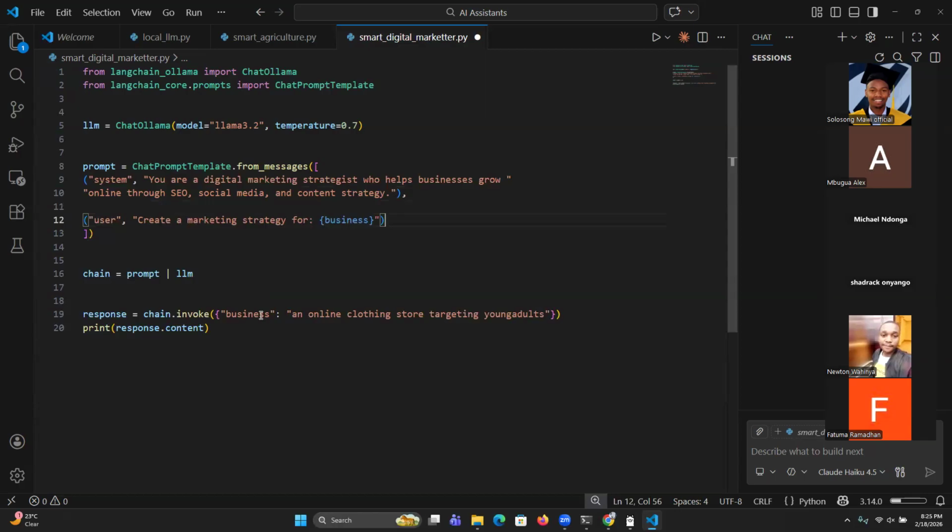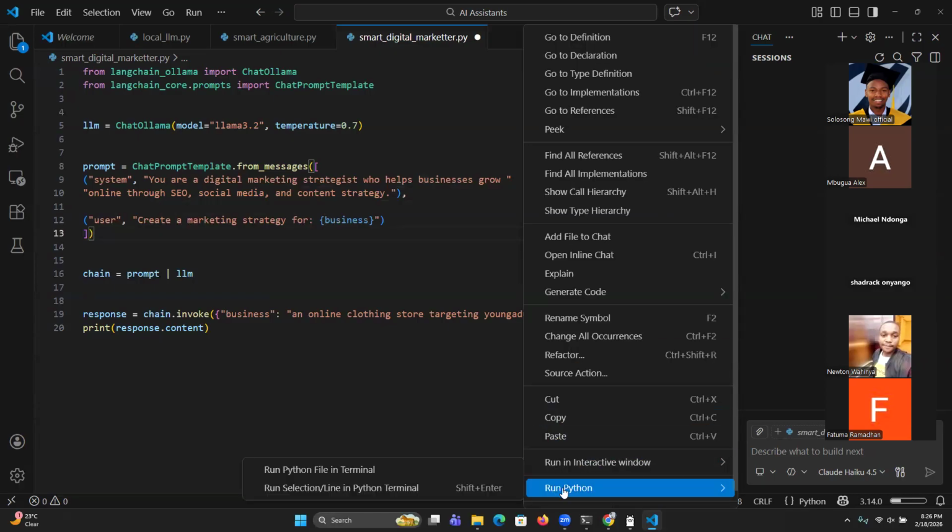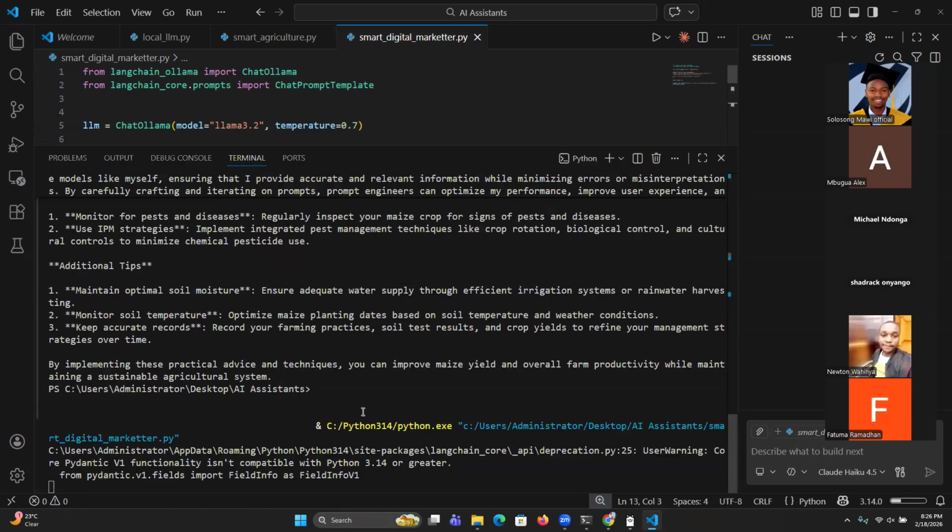So the question is, we want to create a marketing strategy for a certain business. The business is an online clothing store targeting young adults. That is the people we are targeting. So let's see how creative this system will be in generating a marketing strategy. Let's see. So if I run this code, then the response we're waiting for is